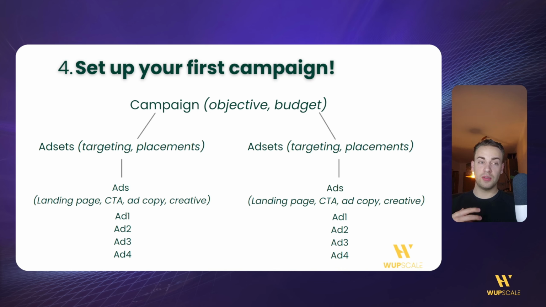So next we get to the ads. So basically on the ad level, you can have multiple ads inside every ad set. And then on the ad, you can set the landing page, which is of course going to be your school group's about page. And then you set the call to action, which in our case is going to be learn more. You can change the ad copy and the creative. So with a smaller budget, I suggest you usually have 5 ads per ad set, just to keep it simple, and then we test a new ad set every week.